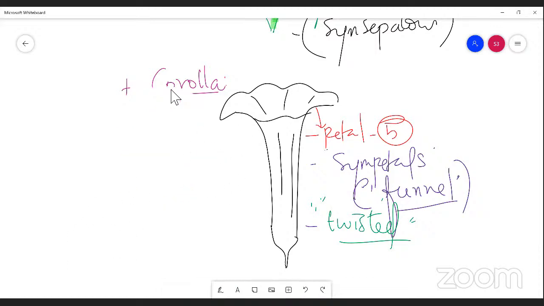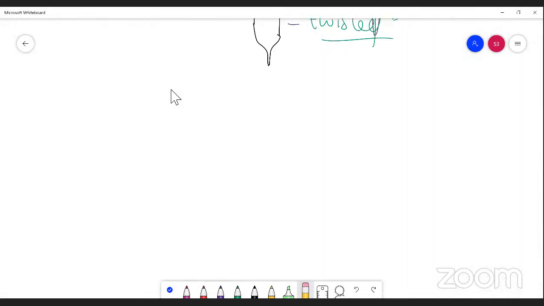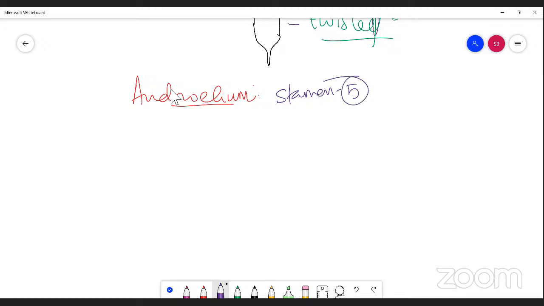Right. Next we pass on to the androecium. Androecium is nothing but the male reproductive part, right? A group of stamens. Here, the stamens are 5. There will be 5 stamens, and all the stamens originate from the base of the filament. You know very well, this is an androecium. It consists of anther and